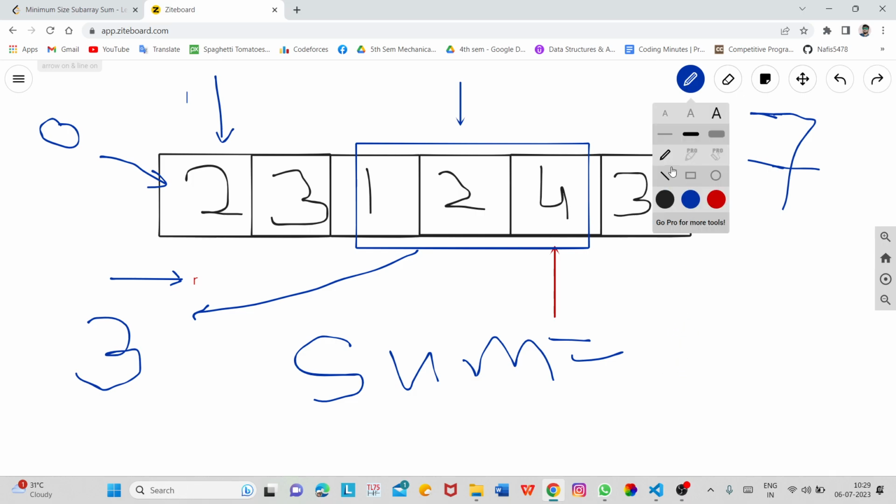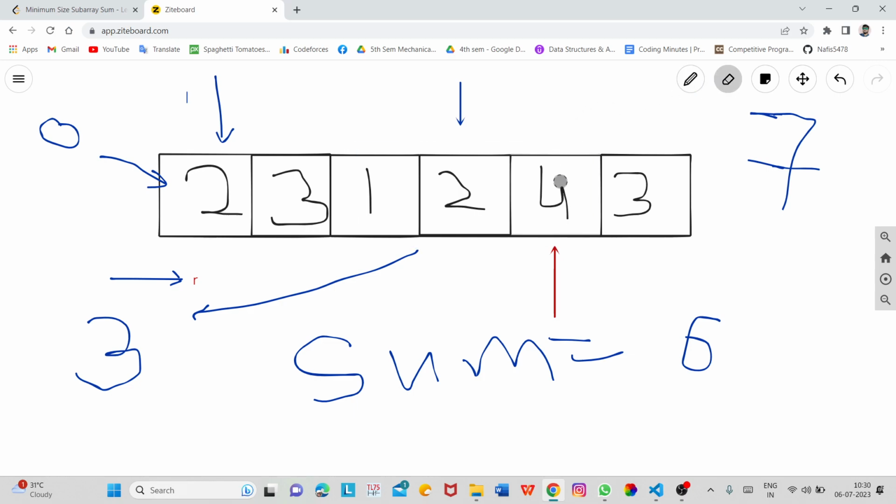So this sum is less than our target. So we will increase the value of r again.